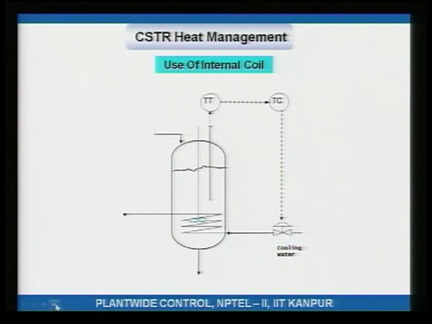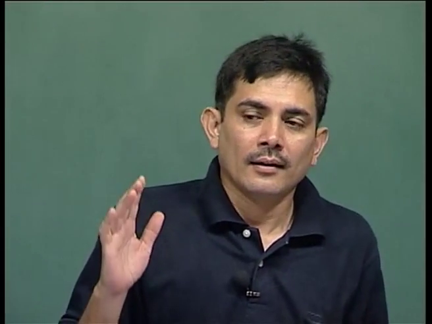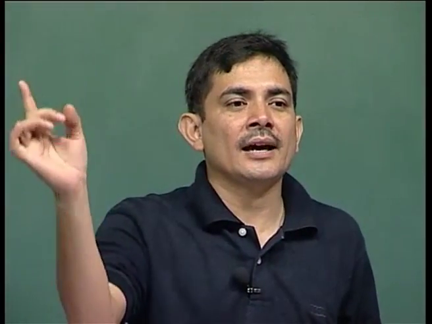Then you see, typically, because you have got a cylindrical tank, the amount of heat transfer surface area that you can get as a jacket is limited, and it may be that for the system that you are trying to remove heat from, you just can't remove it because there is not enough heat transfer area available. So, then you have to bring in design modifications, so that the heat transfer area increases.